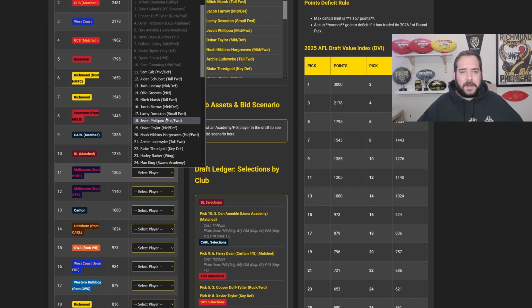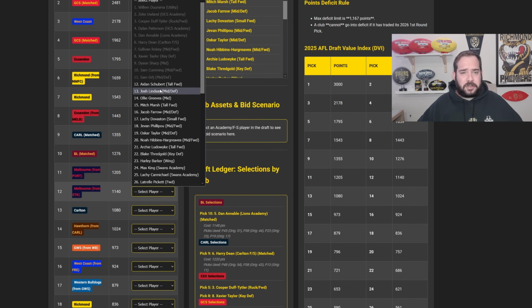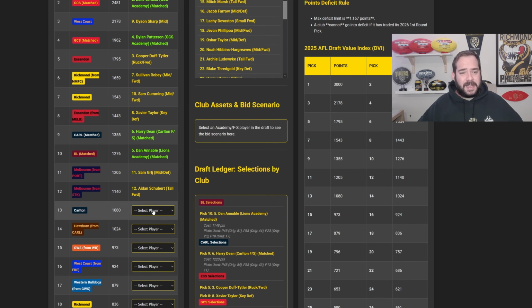So then the Ds on the open board, we're trying to get to pick 8. We'll go to pick 18 for this one. So on the open board, I still think that Sam Grill would go about here, and I think I had Aiden Schubert, so I haven't really changed on that stance. Carlton